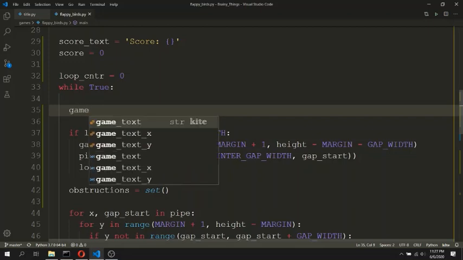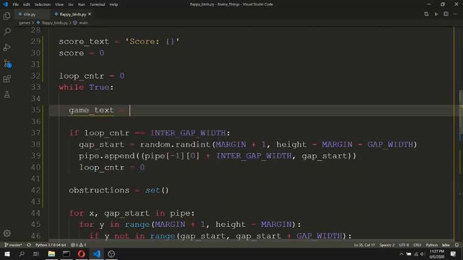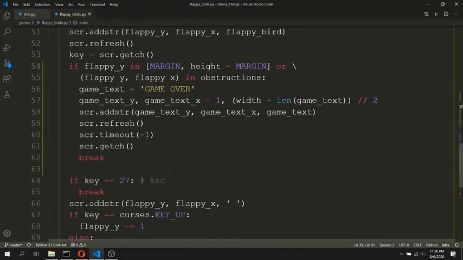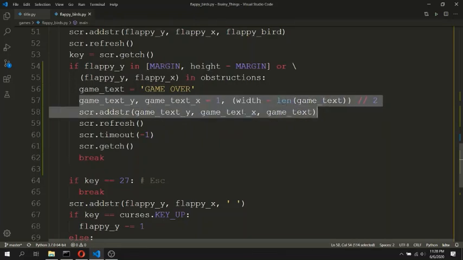We will have same game text over here, but we will use the score text here, and to fill this curly brace using the score, we will use the string.format function and we will fill this with the score. And as the coordinates of the game over and the score are equal, we can use the same logic of calculating the coordinates and the rendering of the game text.